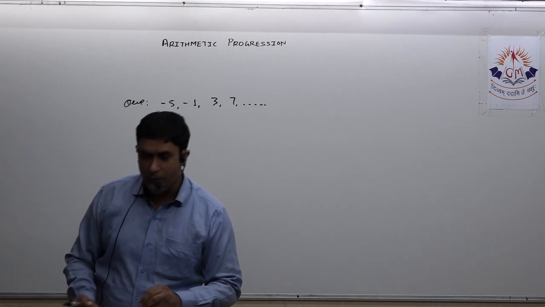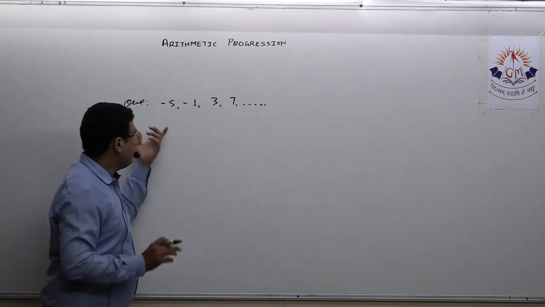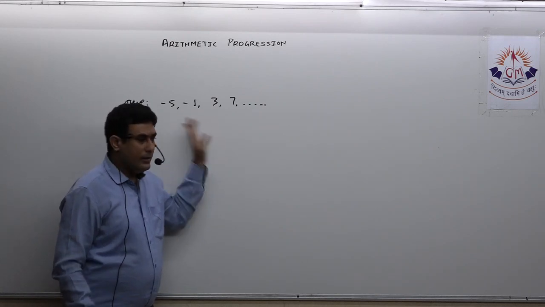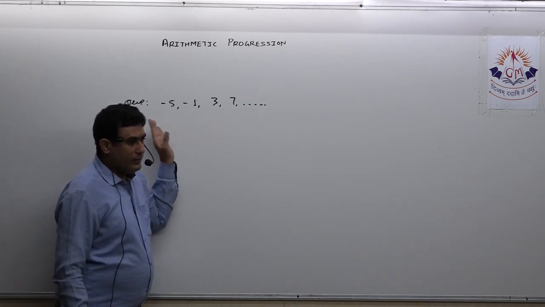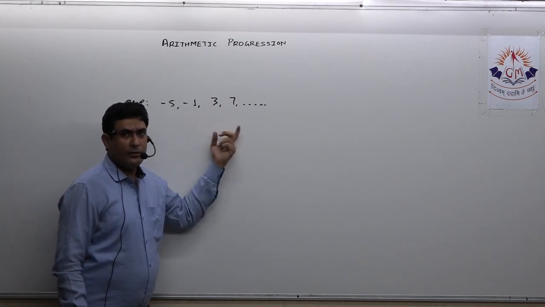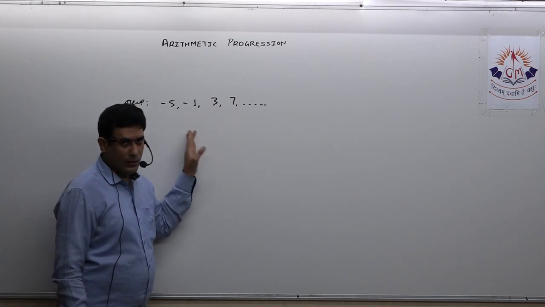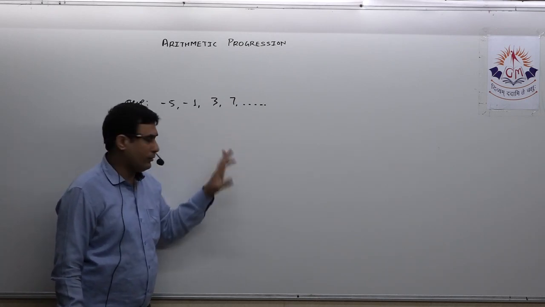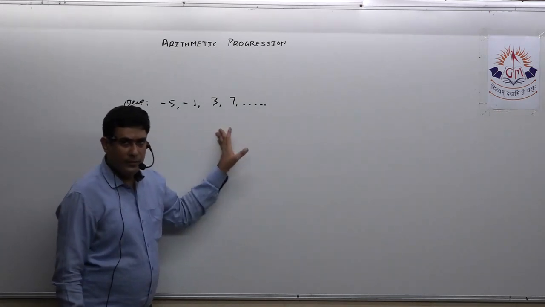Now over here we have to take care about whether it is given in the question that it is an AP or not. Sometimes they do ask: write the first term, common difference, and the next 4 terms of the sequence. So in that case, first of all, you have to verify whether it is an AP or not. But over here, it is already given that it is an AP.